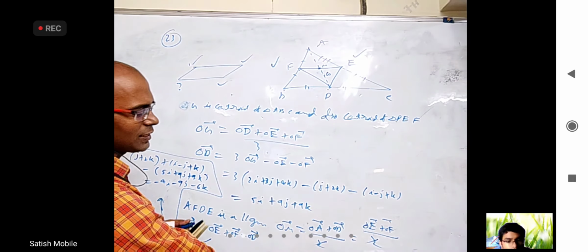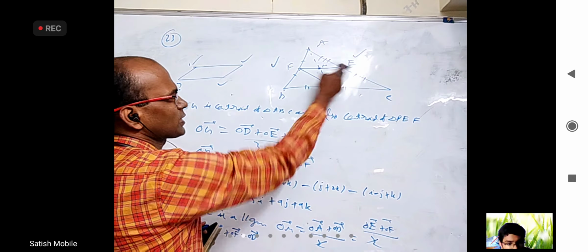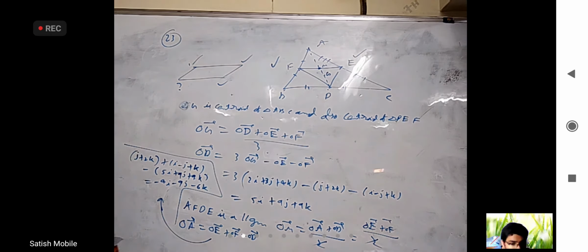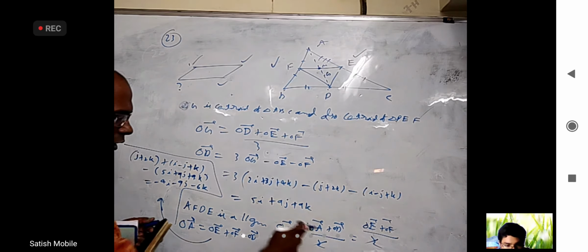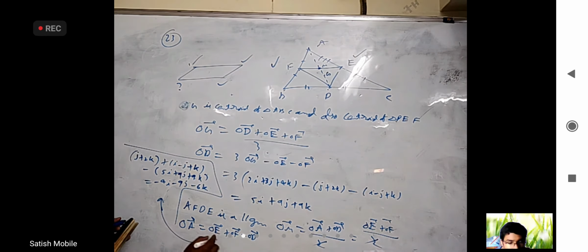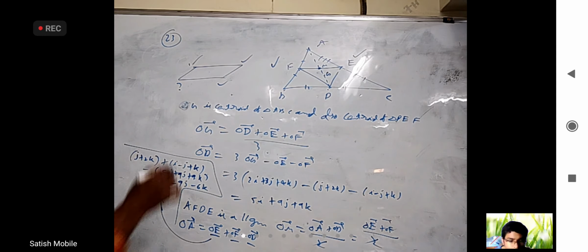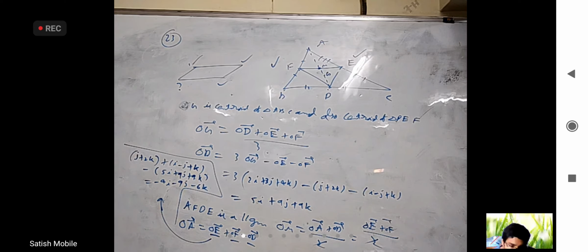When I cancel that, what are you getting? The sum of these two is the same as the sum of these two, position vector wise. Is it okay? Then I want A, so send D to that side. That's what I've done and substituted this. Okay. Is it clear?